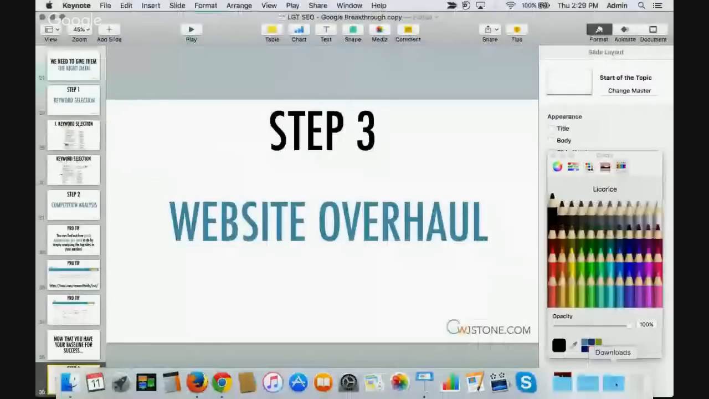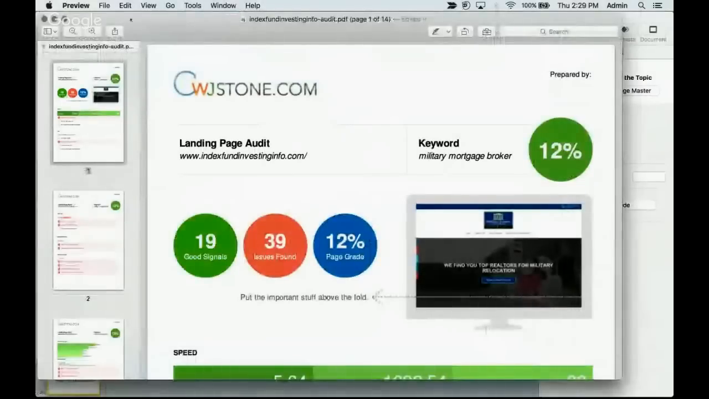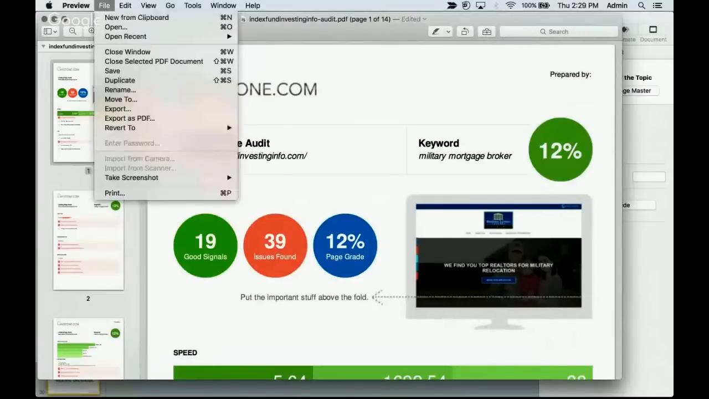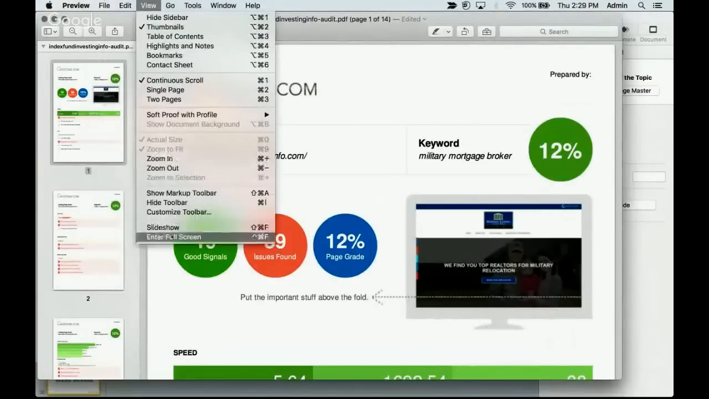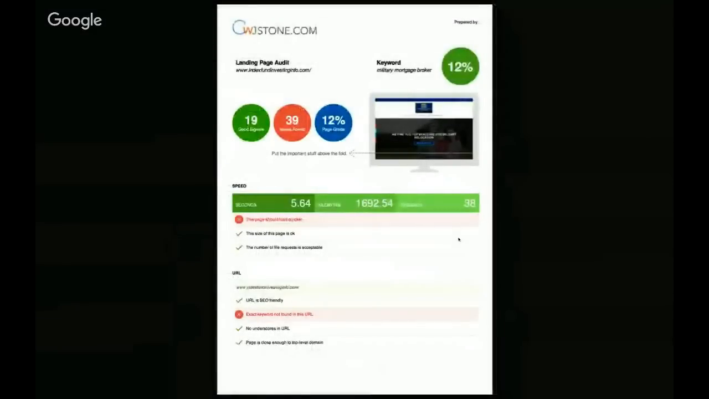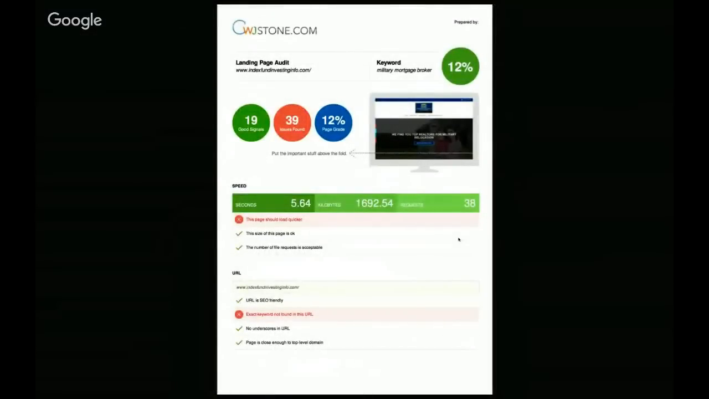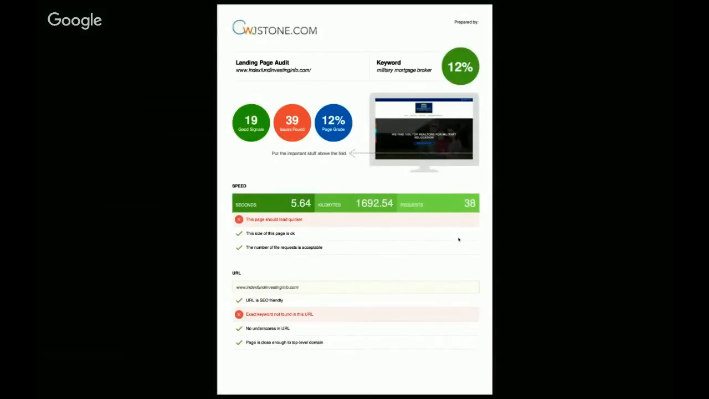Just give me 1 second here. Now, I'm going to pop into the chat here just for a second, just to make sure that you can see this, but you should see on your screen a report that has the cwjstone.com logo up in the top left-hand corner, and on the right-hand corner it says 12%. So this is a